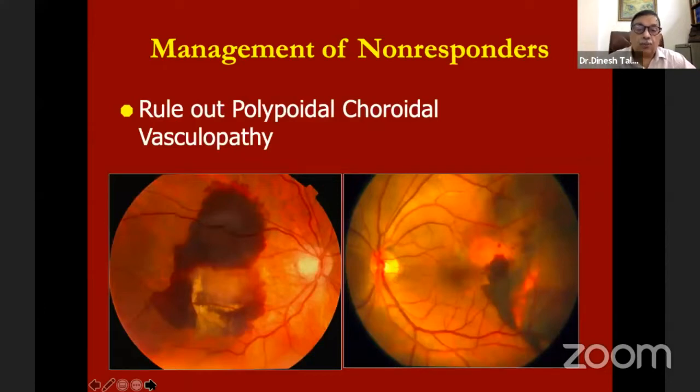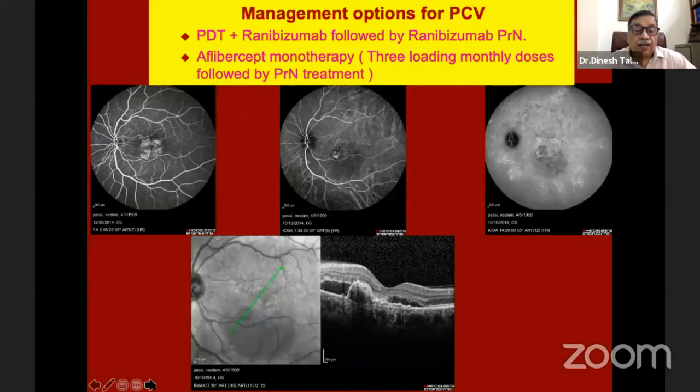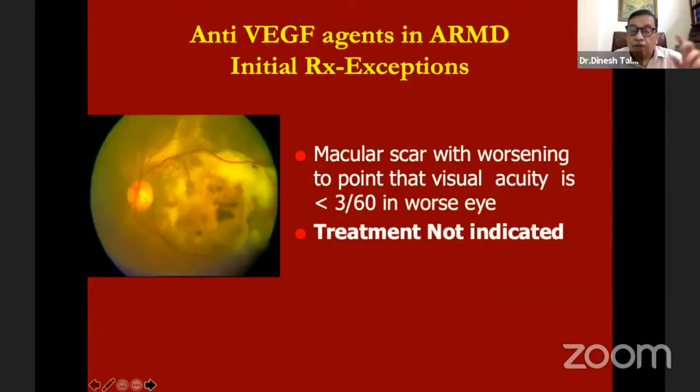Of course, if you have non-responders, please do rule out polypoidal choroidal vasculopathy. Suspect it when you have any case of very large hemorrhages or very large exudation in the macular area. When you do the OCT of these patients, you'll find they have peaked RPE detachments. They have shallow undulating RPEDs along with them, and often with a double layer sign. There's another line within that. So this is an indication that you're dealing with PCV, and these patients may be better dealt with by either a combination of PDT with ranibizumab or with aflibercept.